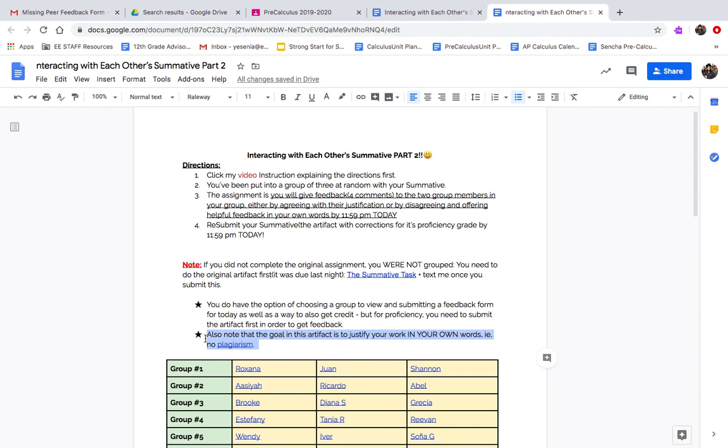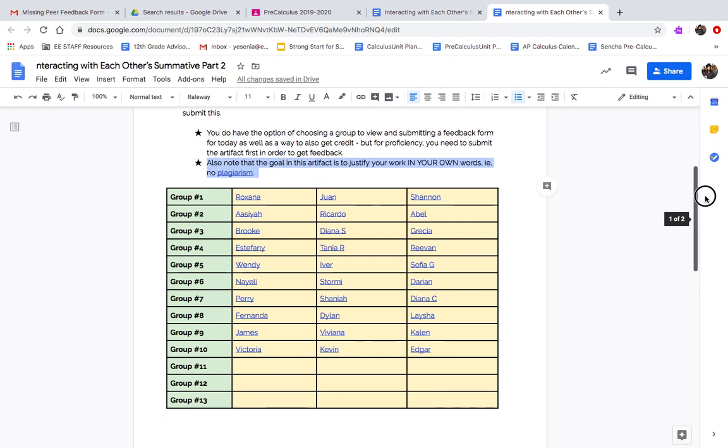So again, I'm looking for justification: because and explanations, examples, and connections to a model or equation in the artifact. And even when you're done with your group's peer feedback, you're free to click on anybody's. This is free for you to look through and just see what other ideas your classmates are coming up with. Again, everybody has opportunity to get credit for this. And I look forward to your work.